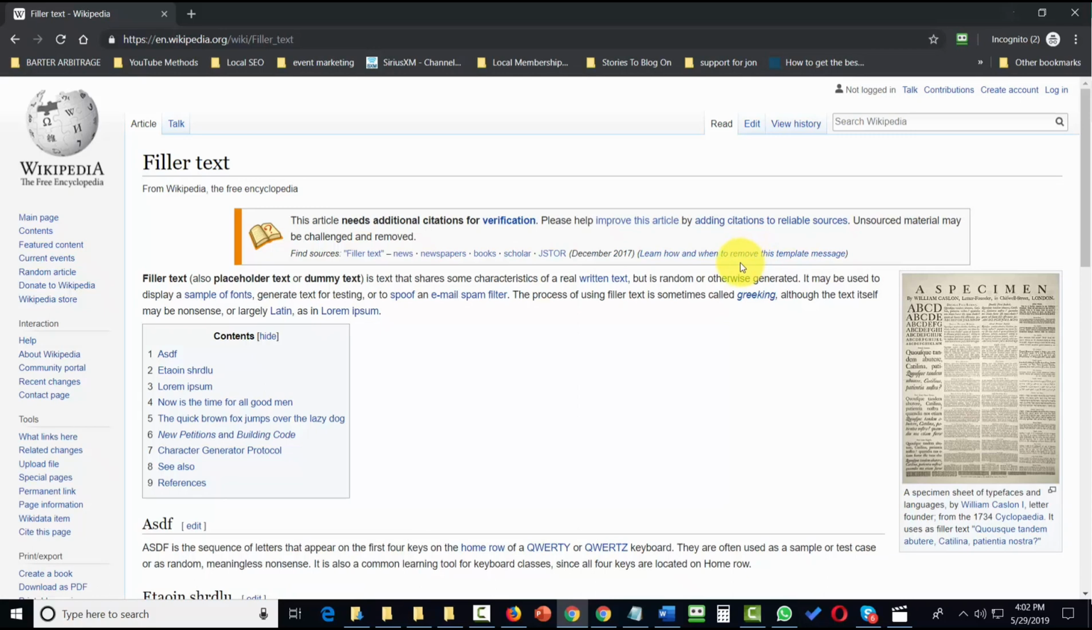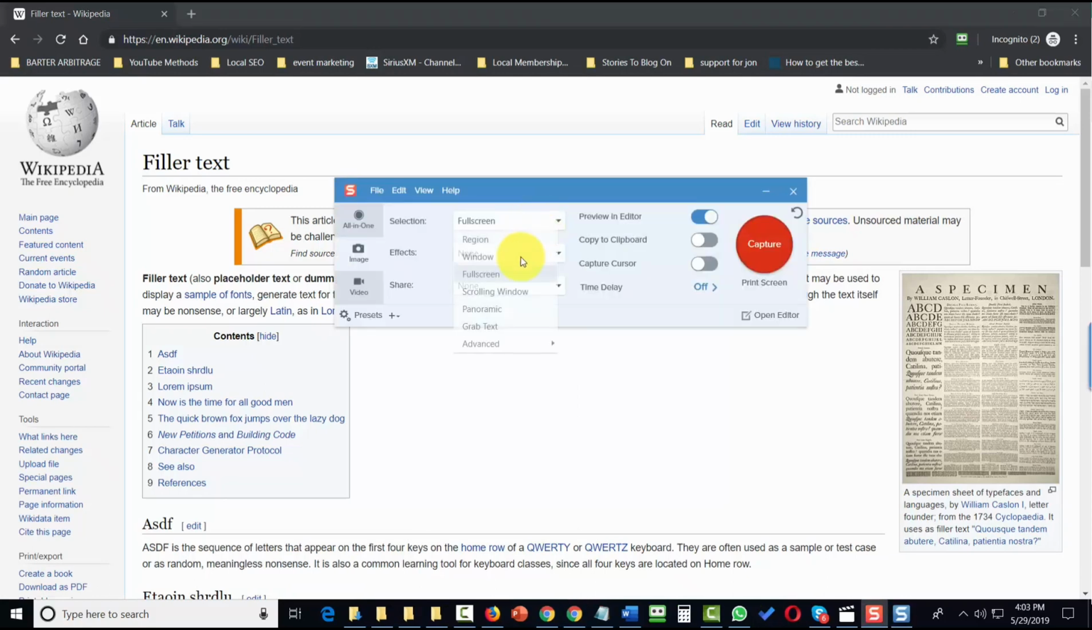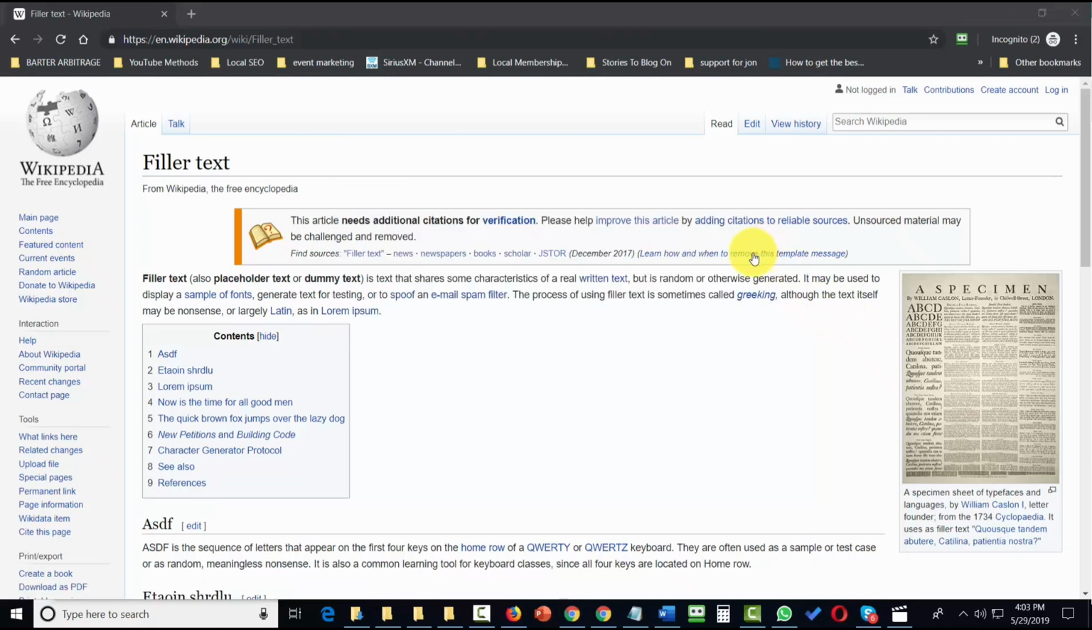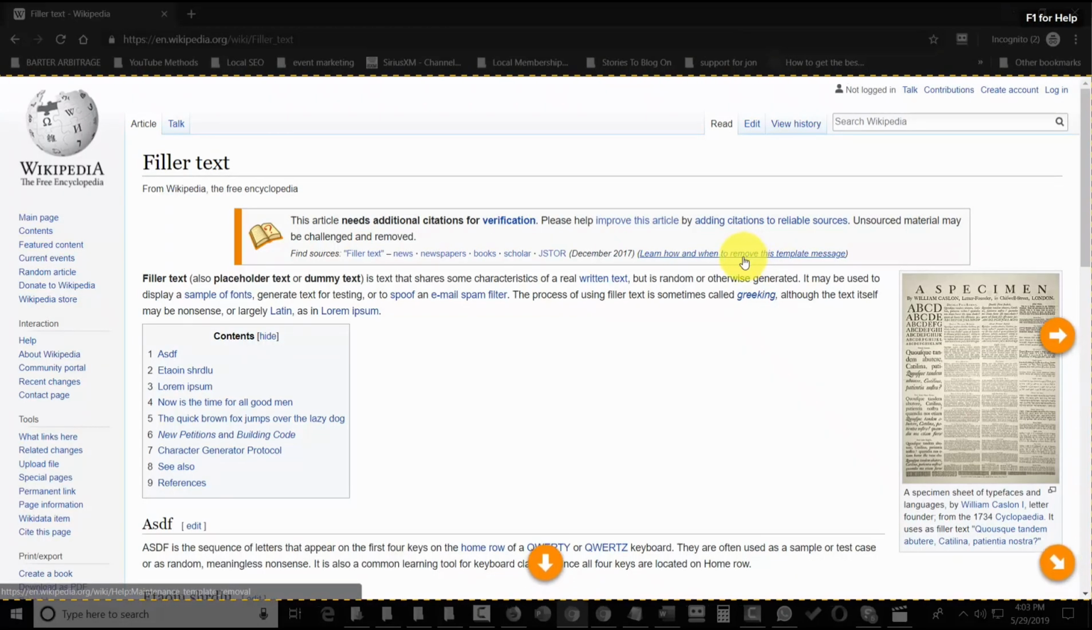That's going to allow us to capture the full screen. We can choose to capture a scrolling window. That's going to be similar to the panoramic window. When we click scrolling window, we're going to click capture, and then this is going to open us up into